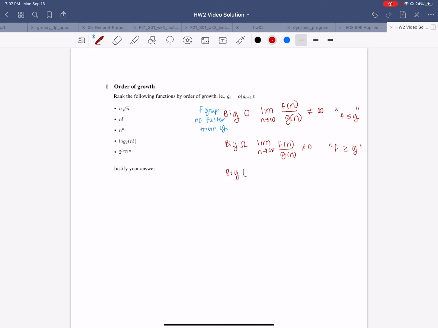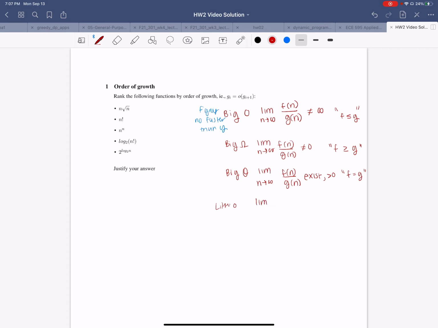Then for big theta, we have that the limit as n goes to infinity of f of n over g of n exists and is greater than 0. So this implies that f is equal to g. So f grows at the same rate as g. Then for little o,